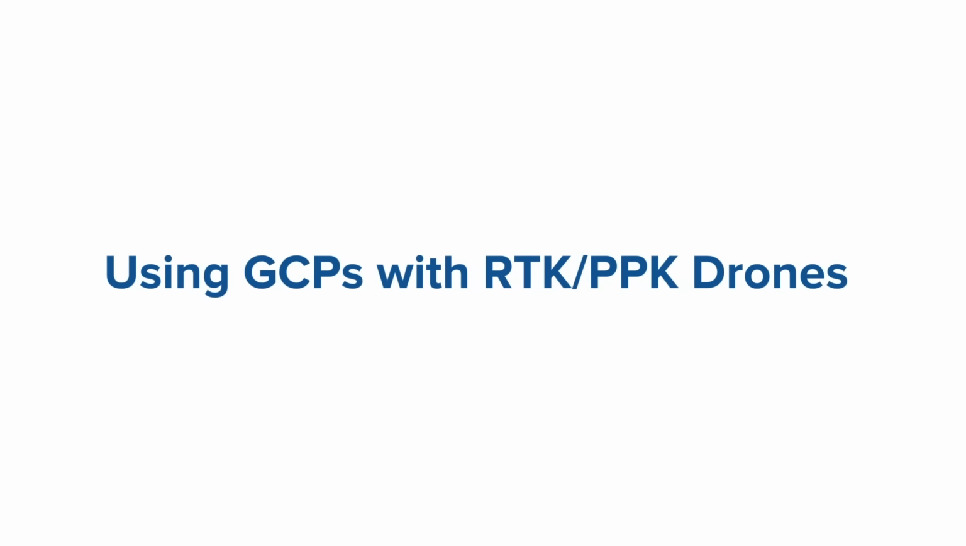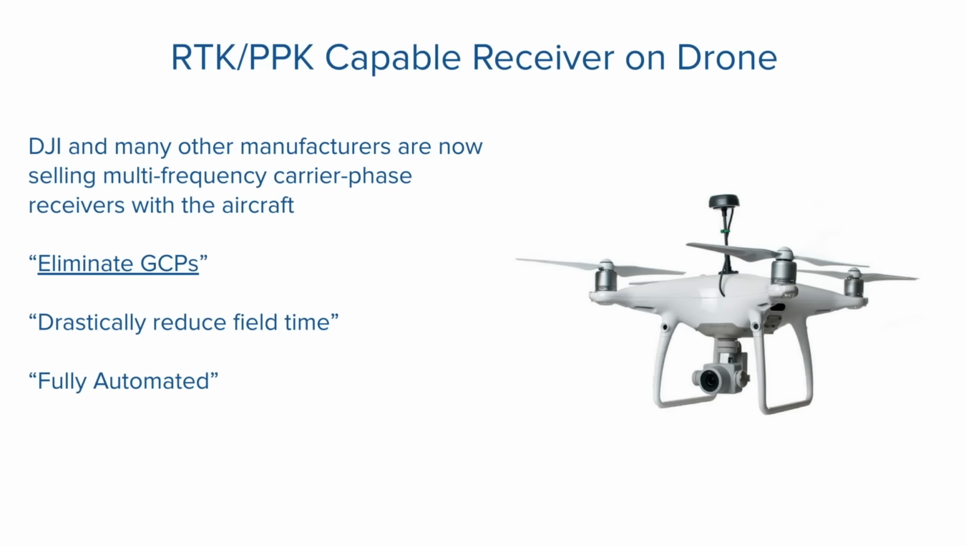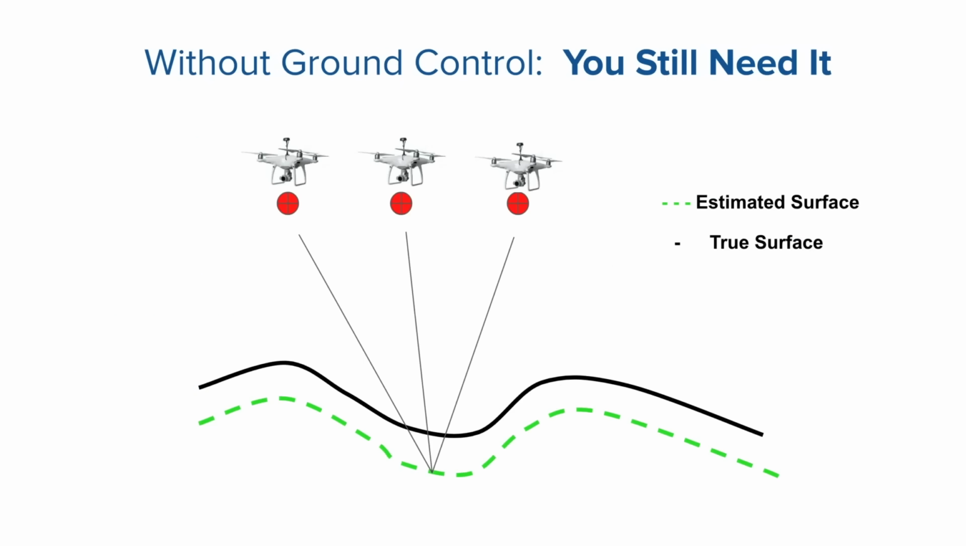Okay, so using GCPs with RTK and PPK drones. Again, this is something you hear, that you can eliminate GCPs as soon as you buy this equipment, and we want to show you why that's not true. Okay, so if you abandon ground control points, what happens here is that